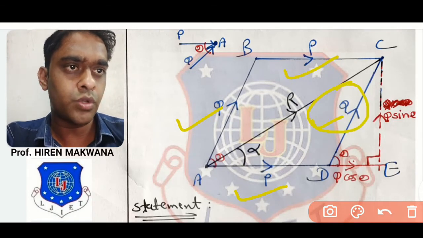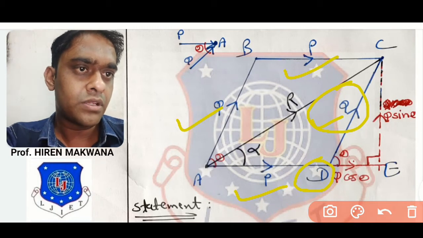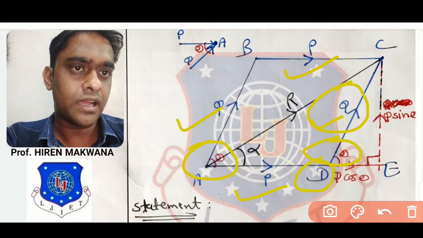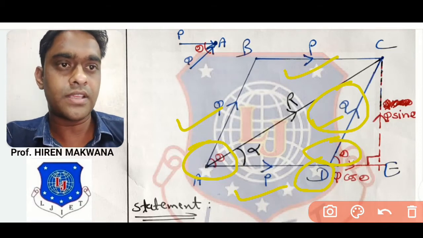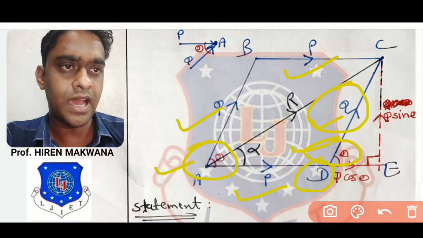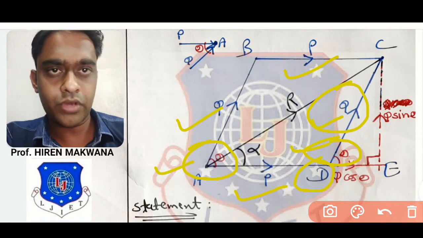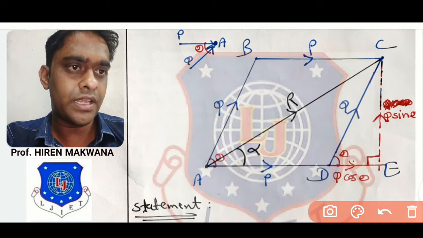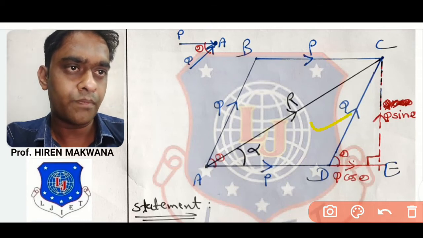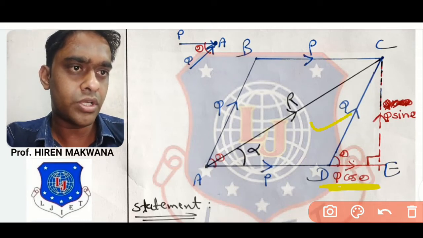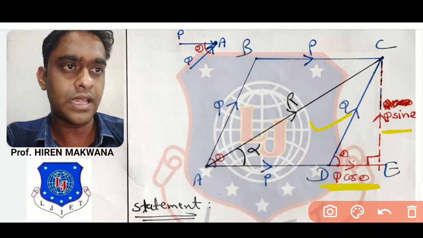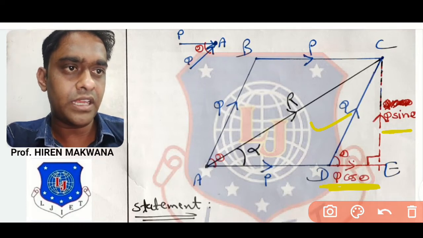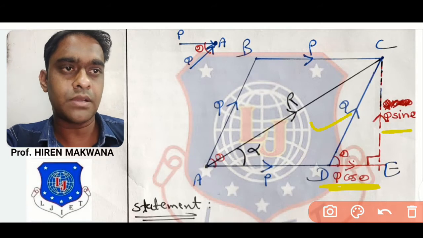Now this force Q is starting from point D. This angle is theta, so this angle is also theta. How? We have studied in the introduction that these two angles, theta and theta, are a pair of corresponding angles. A pair of corresponding angles are always for parallel lines. So now from point D, you can make two components of force Q. The horizontal component is Q cos theta and the vertical component is Q sin theta. Project this red line CE vertically and DE horizontally. So now the figure is completed.